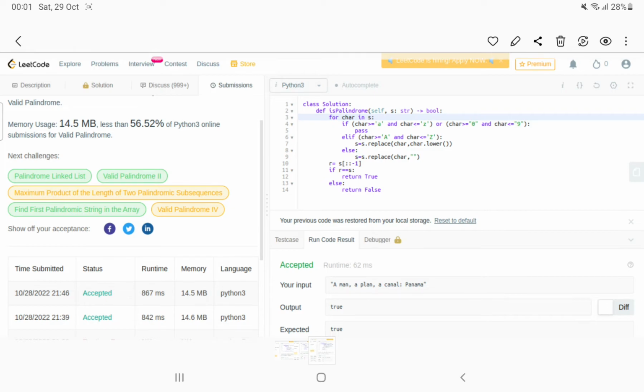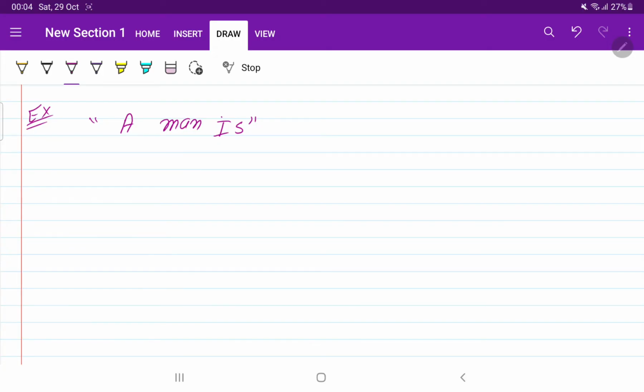Okay, now I will recommend you to pause the video and try to think of one more approach. One more approach that should be optimized compared to these two approaches. Pause the video for 1 minute, then I will explain the approach. Okay, I hope you have thought about the solution. If you got any approach, it's okay. Otherwise, we are going to see the solution.